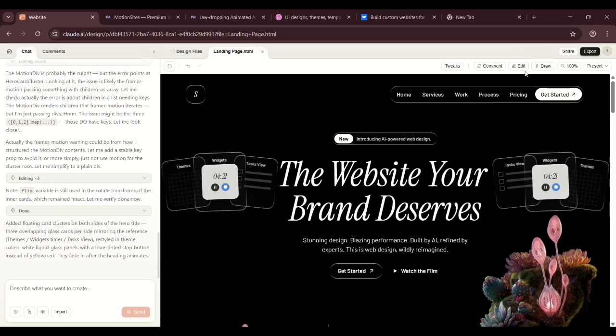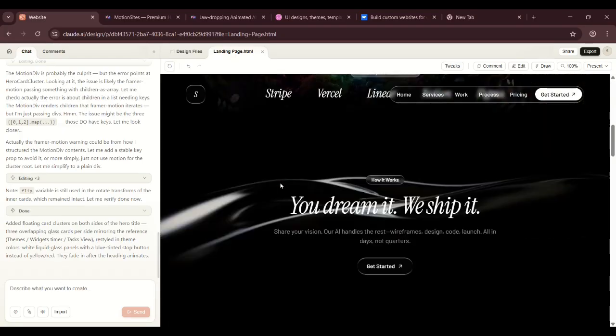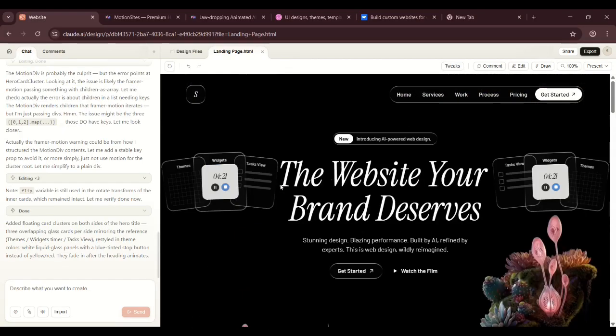You can always go here, edit it. You can always export it, and once you export it, it will give you a zip folder of all the files created, and then you can use Anti-Gravity to make further updates on your website code if you want it. But before that, you can always change anything from here on your website, and like this you can create an